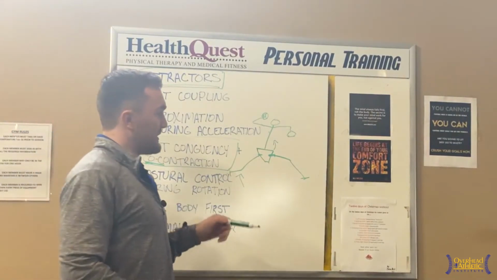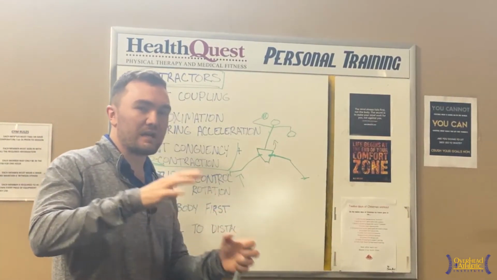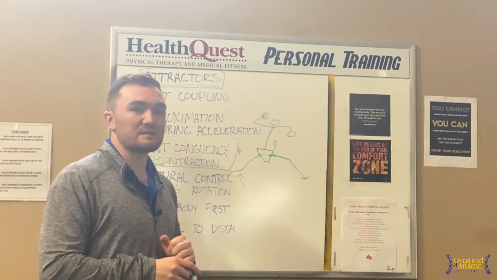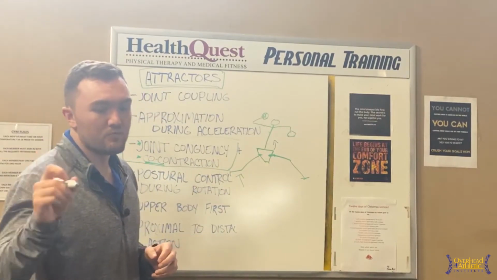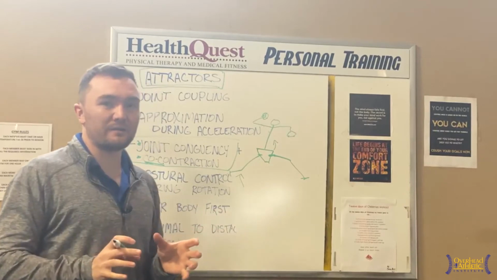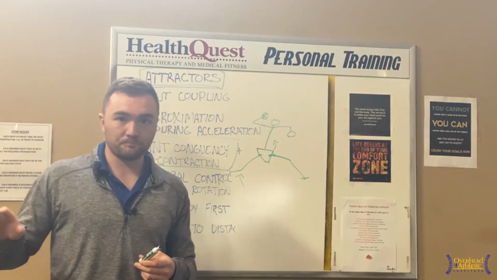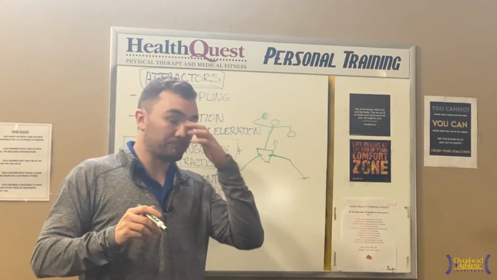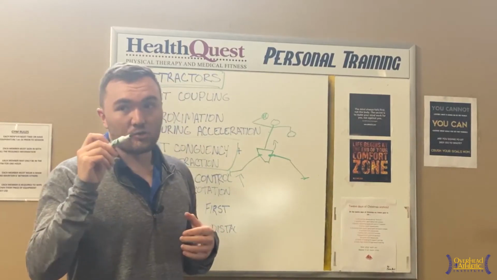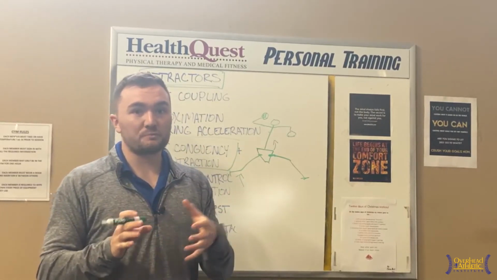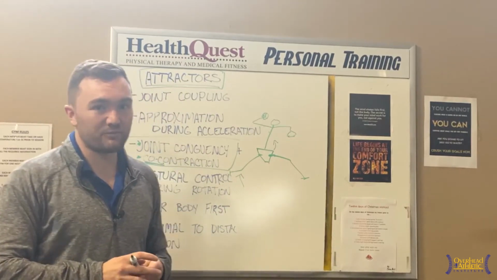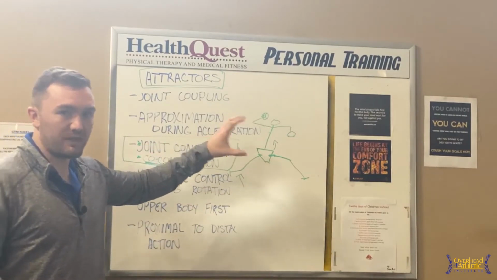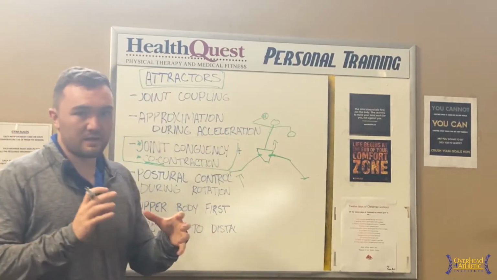So this video is essentially about, let's think of the attractor a little bit differently when we talk about the throw, but also we can expand some of these to encompass more of what's actually occurring in movements that are based on the upper and lower extremity. From my understanding, and I may be incorrect about this, books like Anatomy of Agility, which is a phenomenal book, I recommend everybody read it, are written from the perspective of many team sports. Most team sports don't involve the capacity of throwing, and if we need to think about throwing and develop this concept further, we need to think about all things that are happening